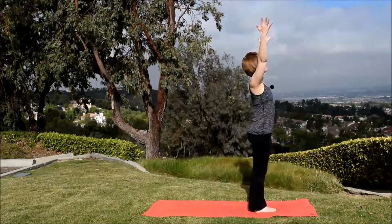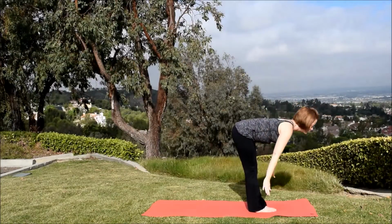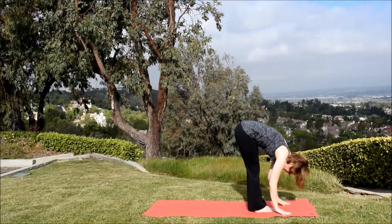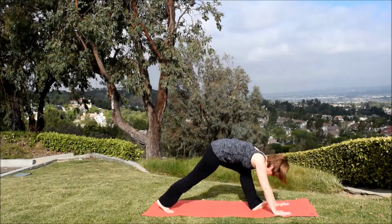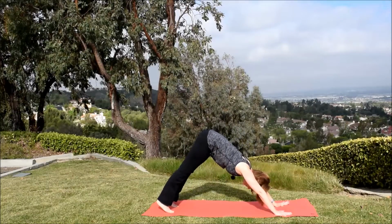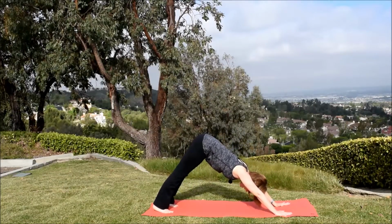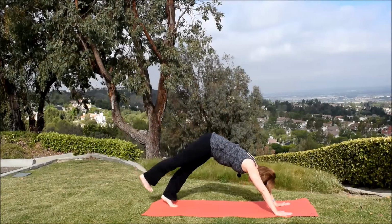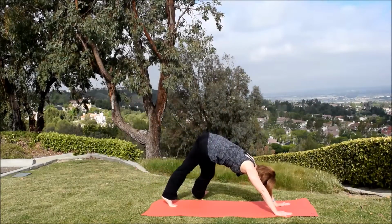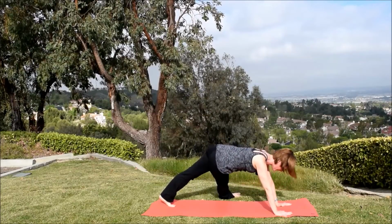Inhale, the arms up. Exhale, fold forward. Inhale, lift up halfway. Exhale, plant the hands, step straight back, downward facing dog. And inhale the right leg up and back. Exhale, take that leg under the body so the outside of the right foot comes to the left of the